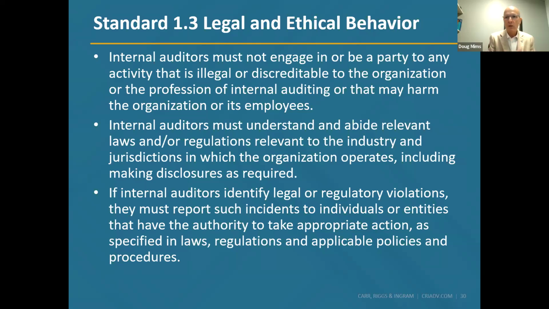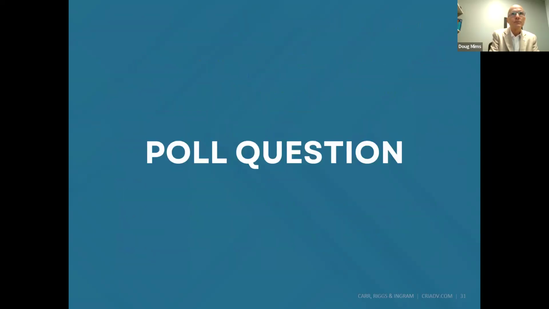And that might not mean that we're reaching out to a third party. It might mean that we're reaching out to our CAE, or if you're the CAE, it might be that you're reaching out to in-house counsel, or you're reaching out to the audit committee. It just depends on the culture and the hierarchy of how information flows. But nonetheless, we have an obligation there if we identify things that are legal or regulatory in nature.